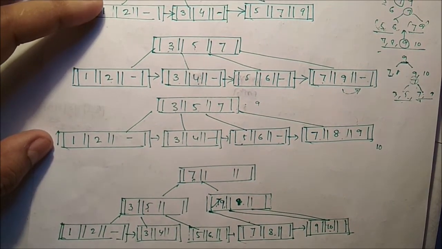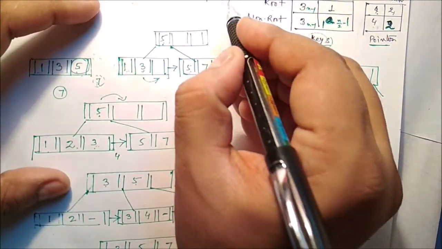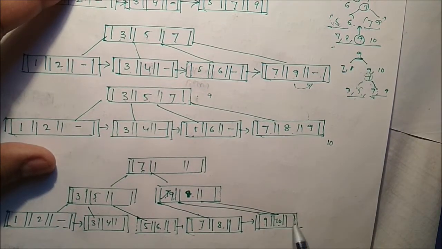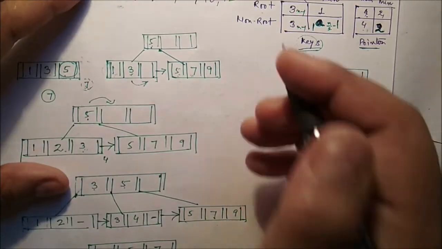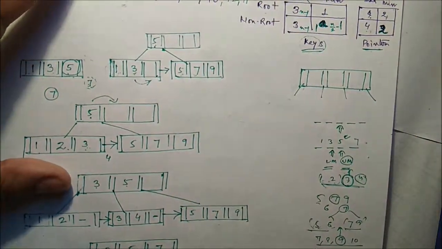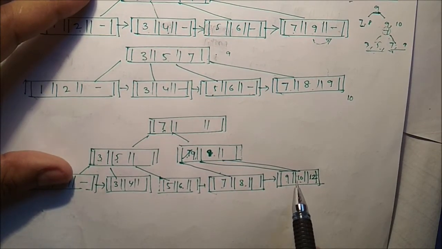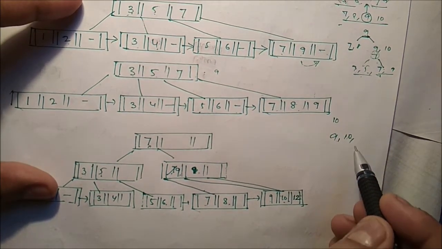So suppose we want to insert similarly. Now if you want to increase, suppose we want to insert say 12. Okay, so where you can insert? We can insert 12 here. Easily we can insert. And suppose we want to insert 11 after that. So how you can insert? So here we can insert 11 here. It should be in between 9, 10 and 11, 12. So 9, 10, 11, 12.